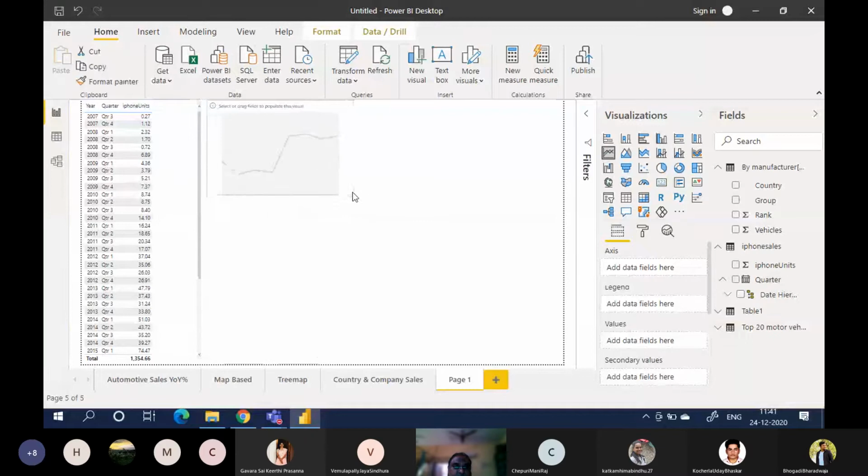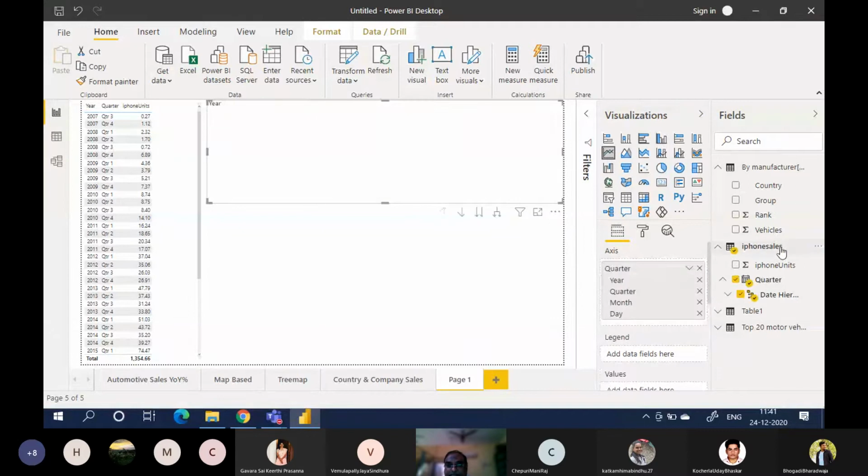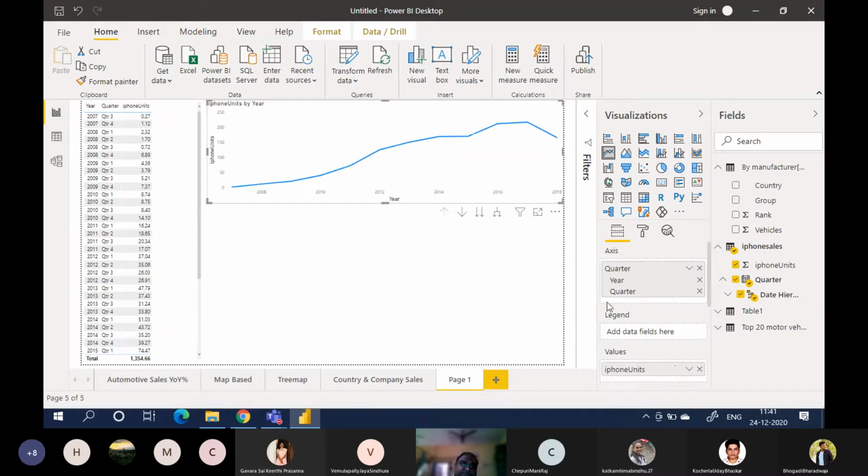In the line graph, the axis is quarter, day, month, year, and values is this.